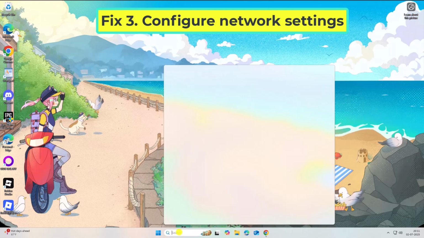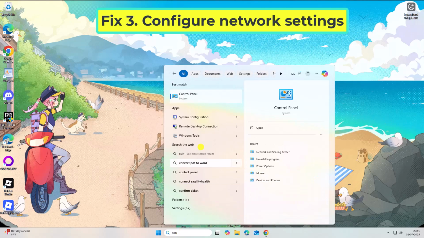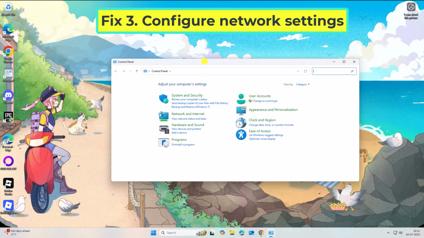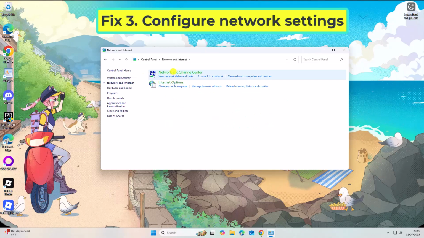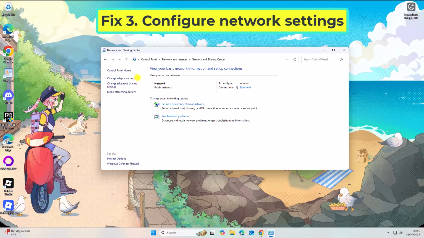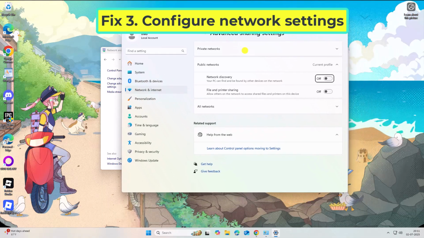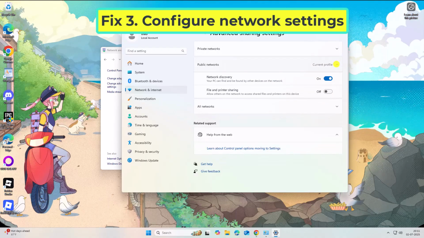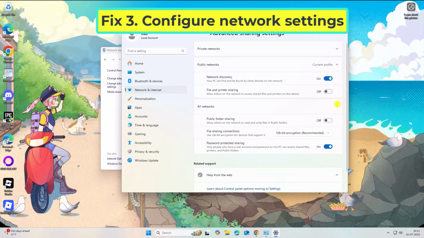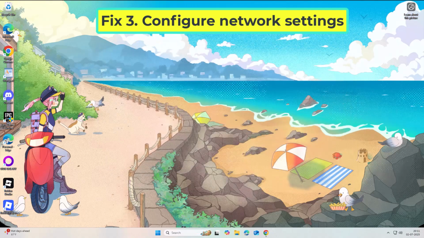Fix 3. Configure network settings. Here, make sure that network discovery and other available settings are enabled for private and public networks. Click Save Changes. If that didn't work,